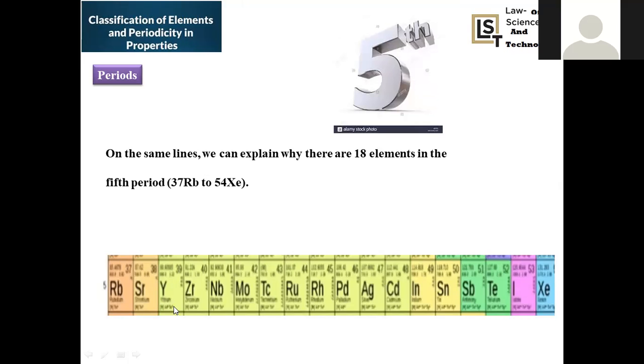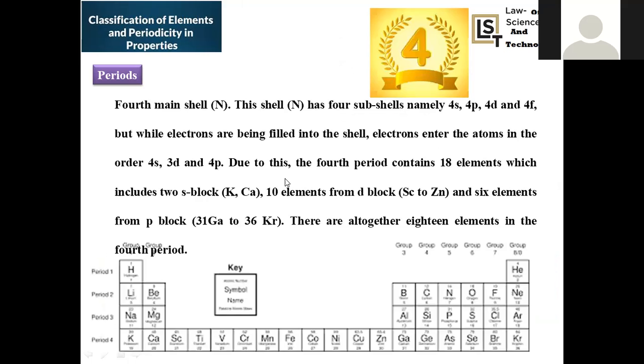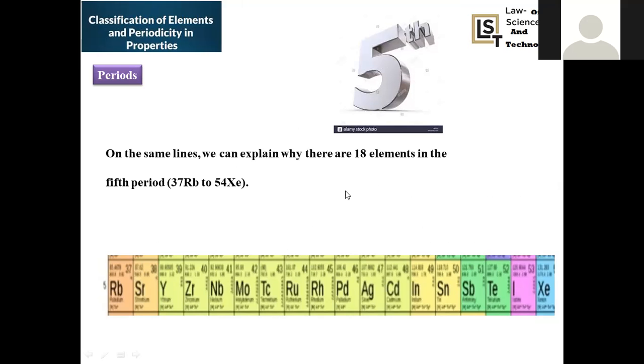Then 4d related with yttrium to cadmium, 10 elements from this D block. These are the long form of the periodic table, and elements started with rubidium and end up with